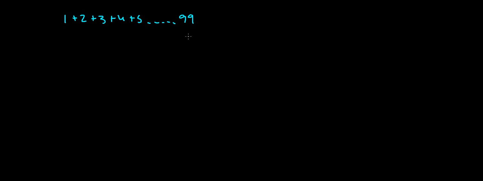So he solved it really fast. Now, I'm sure if you approach most people, especially if you didn't know that formula, they would go, okay, 1 plus 2 is equal to 3, 3 plus 3 is equal to 6, 6 plus 4 is equal to 10, 10 plus 5 is equal to 15. That would take a really, really long time. But what this kid did was, he thought, well, I've got this sequence is equal to something: 1 plus 2 plus 3 plus 4 plus 5, and so on, until 99. If I take that same sequence and put it backwards,